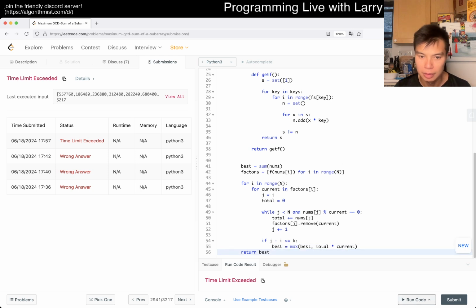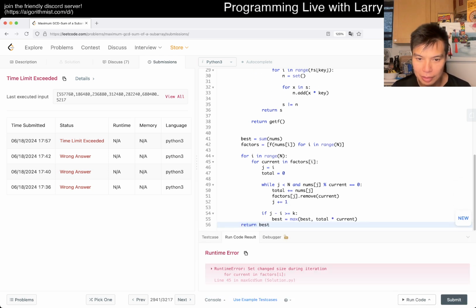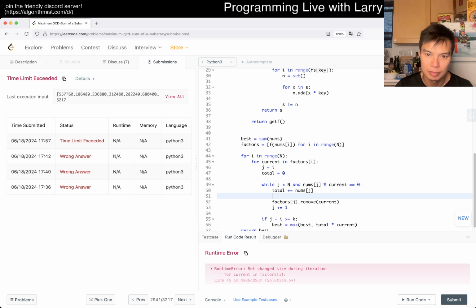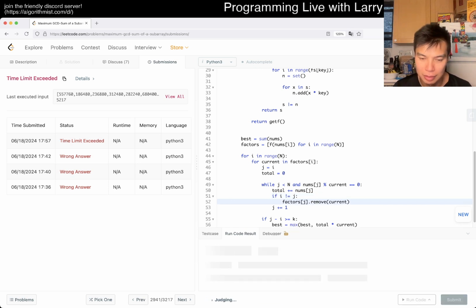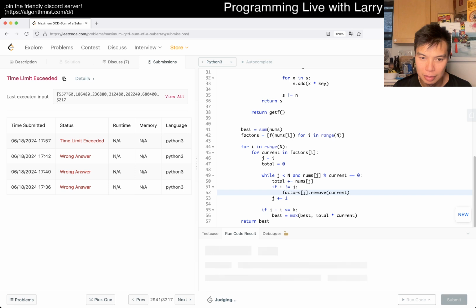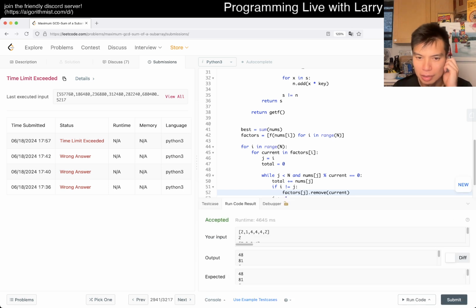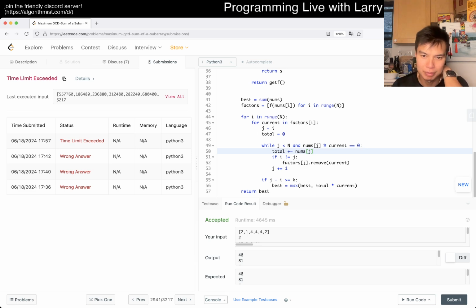Slightly cleaner. Is it faster? Oh no, we want this to be on the next one. Yeah. I don't know that this is that much faster. Yeah, I didn't really suspect it, but